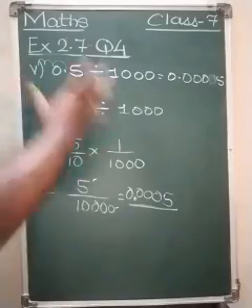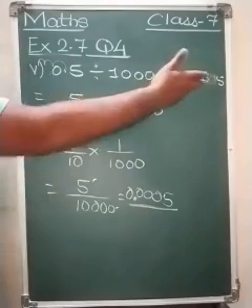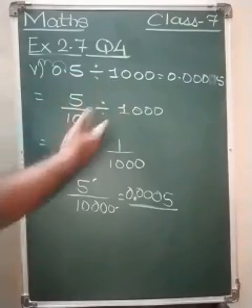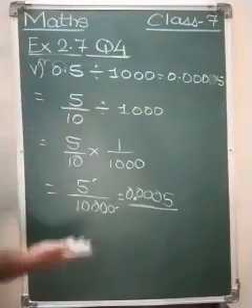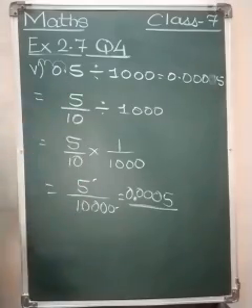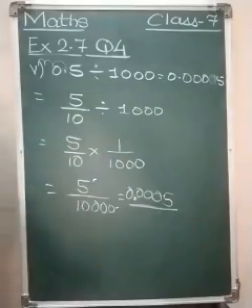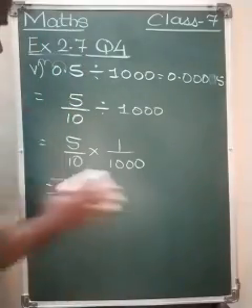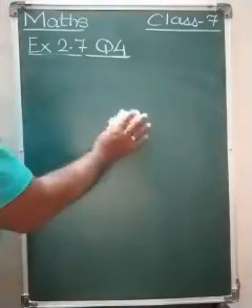So this is how only practice is needed. Once you get the concept, no need to solve it orally. Even if in the fill in the blanks you have this kind of sum, you can solve it on your rough work and then write the answer if you are not able to solve it orally. This is the easiest way to solve the sum: a decimal number divided by any number. Soon we are going to reach that question now. Question number 5 is of the same kind, where a decimal number is divided by any other decimal number.